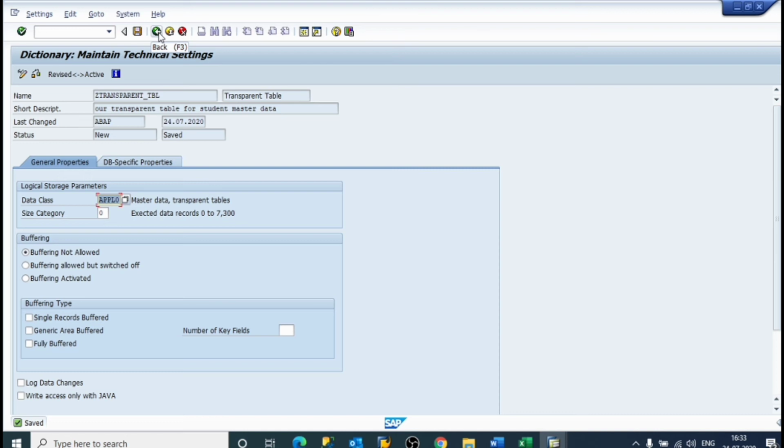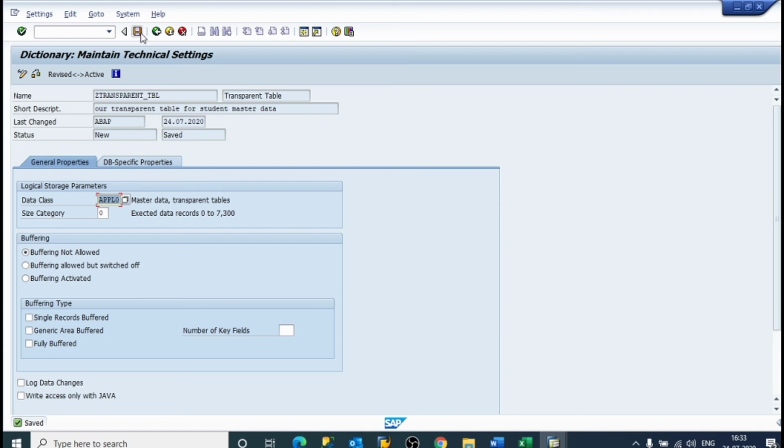What is data class? It is defined as table space where data is physically stored. And size category is defined as the initial size of a table to store data.